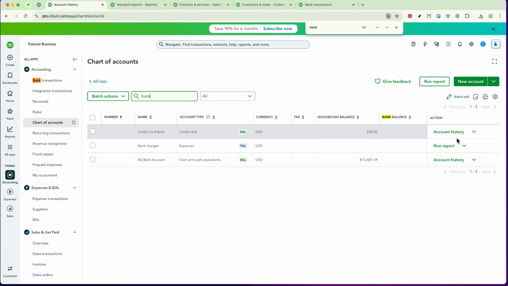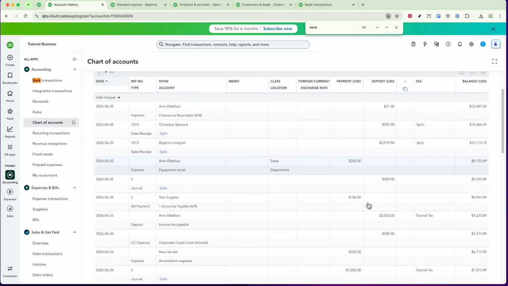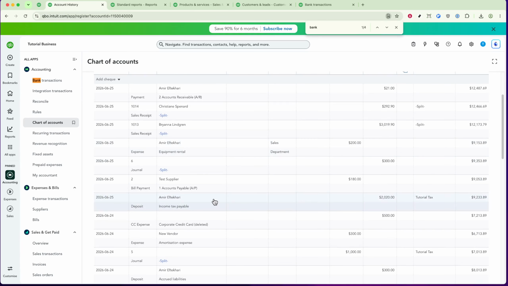With the deposit details expanded, you'll see an option to delete. Click on Delete, and if prompted, confirm the action to finalize it. QuickBooks will remove the deposit from your records, and that's it. You've